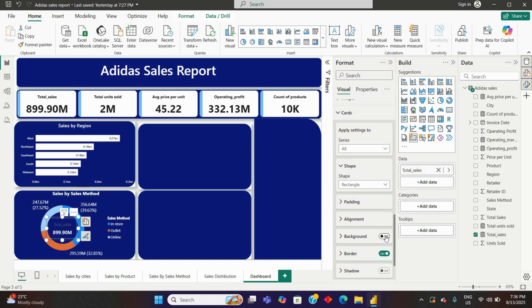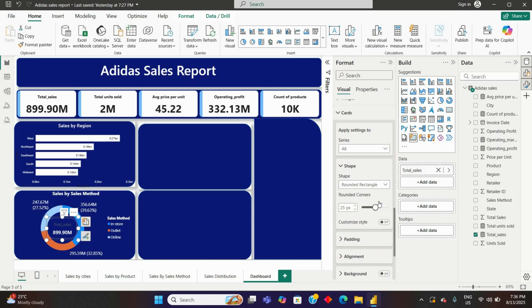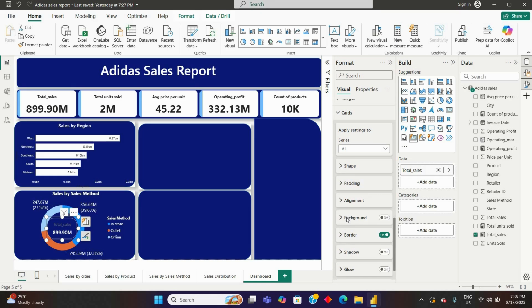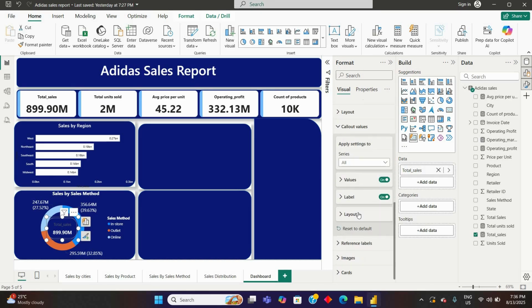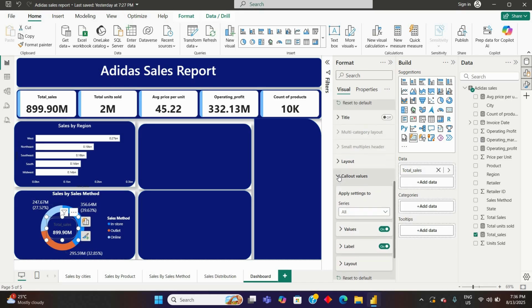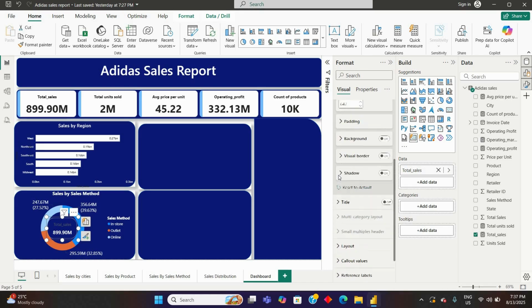And the next is, let's go to, okay, for the shape, I think I should stay with the rounded rectangle. And I don't want no glow. We can just close our card. And for